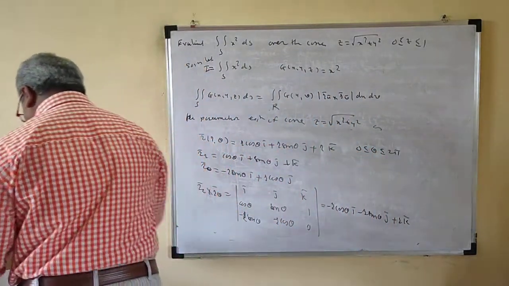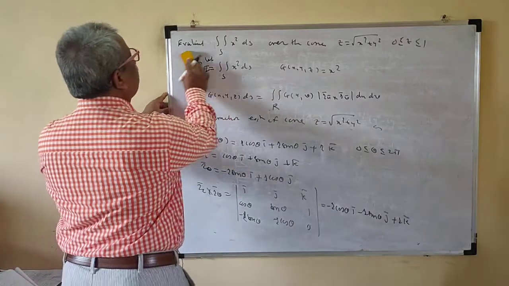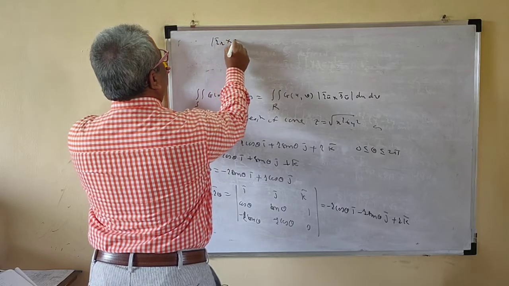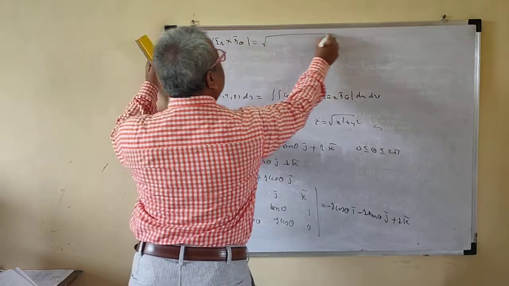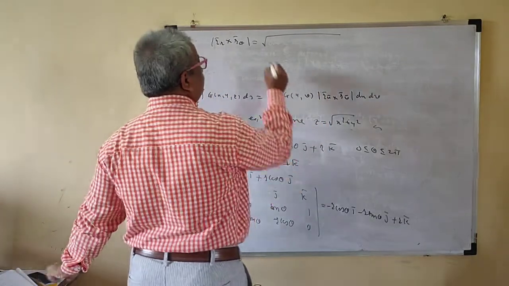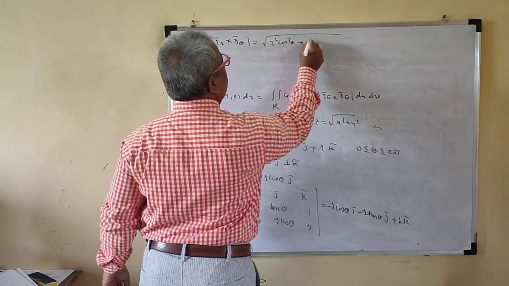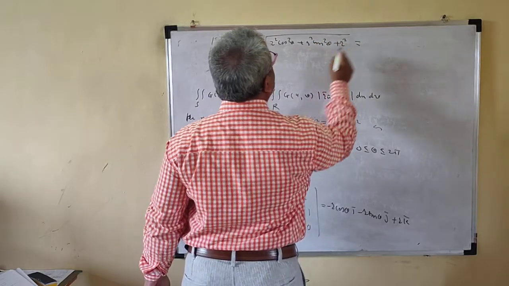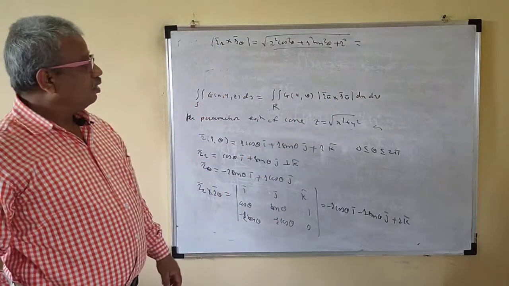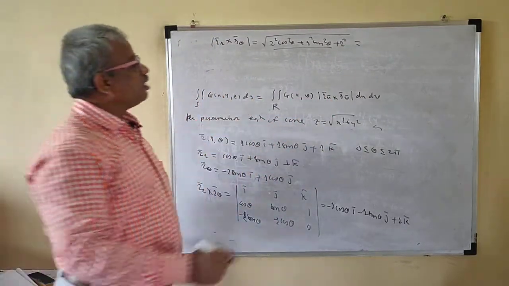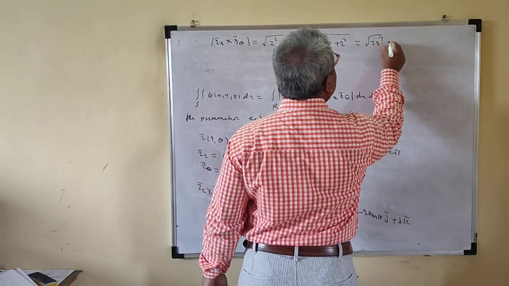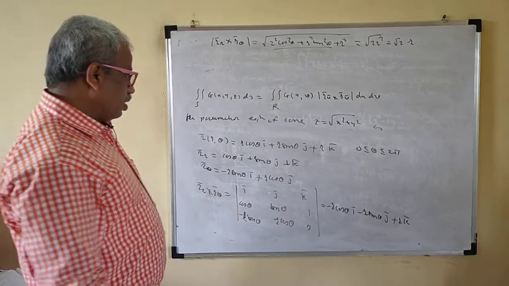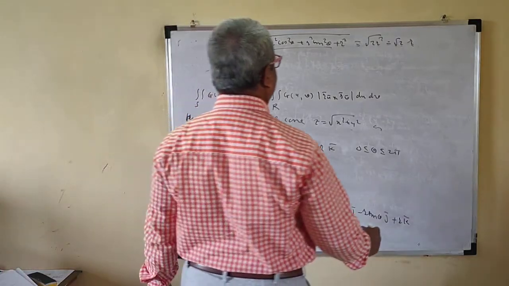Okay, you have to find the magnitude of this one. Mod of r bar cross r bar theta is root of, you have to take the square of this one: r square cos square theta, r square sin square theta, plus r square. For this, it is r square only, r square plus r square is 2r square, so this is root 2 r.